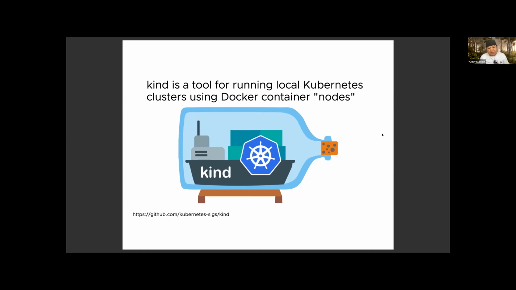But the difference with Minikube, at least from my perspective, is that with Minikube you just have a cluster of one node, and that's not the look and feel that we are pretending in order to see the complete functionality of a Kubernetes cluster.